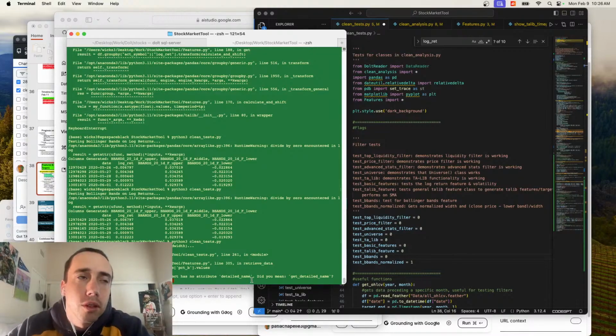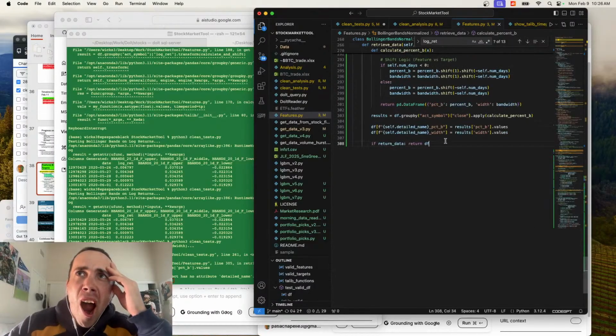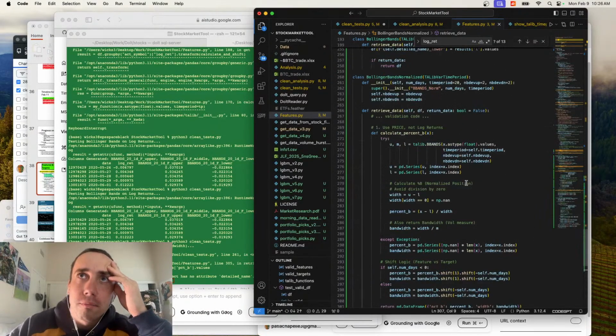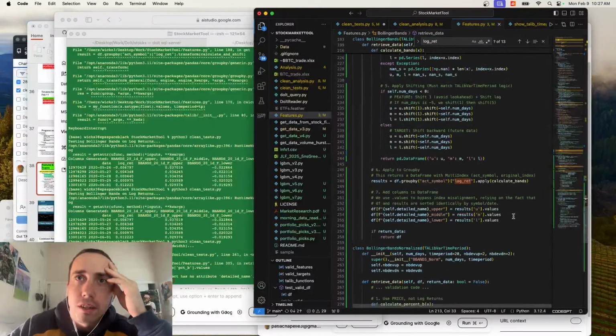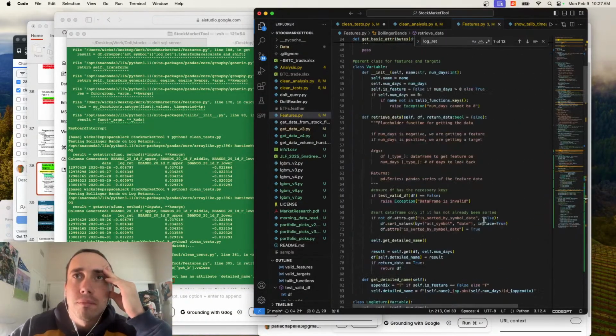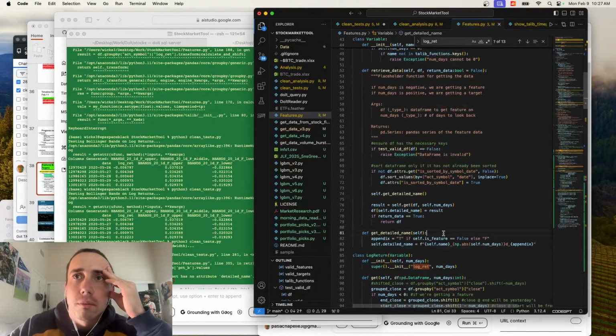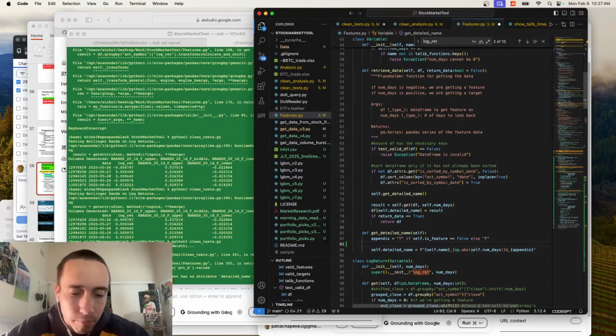Self.detailed name, so I don't have detailed name. Line 305. So it doesn't have a detailed name. But detailed name I think I define in the beginning. Oh, I get detailed name inside of retrieve data. But get detailed name is in here. Yeah. And then what do you call that? Penultimate appendix